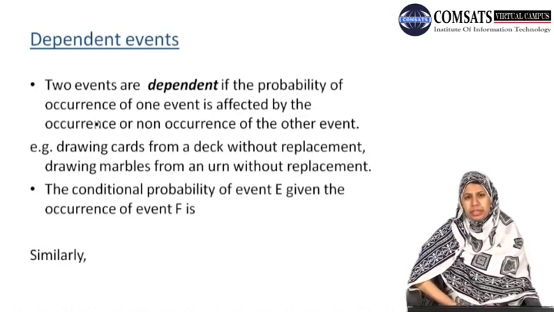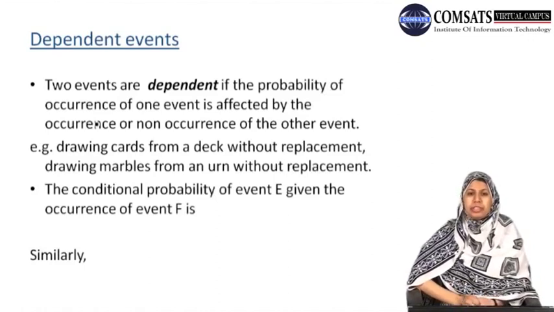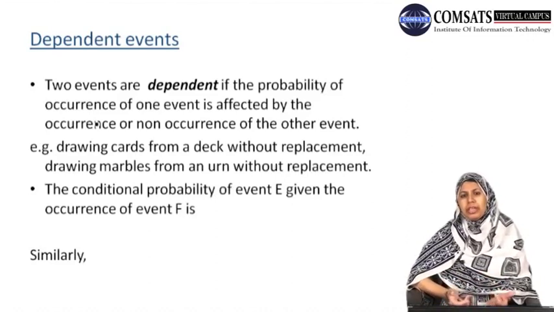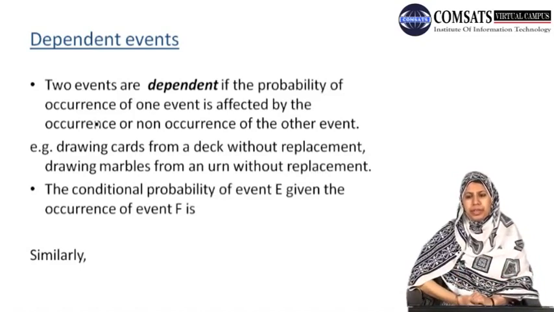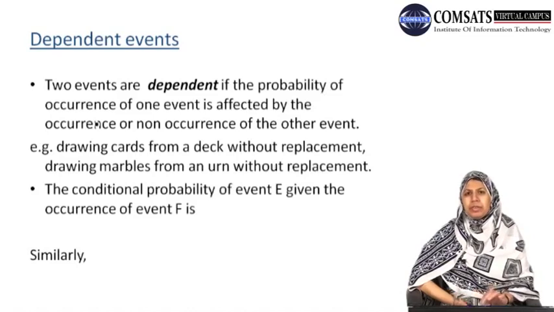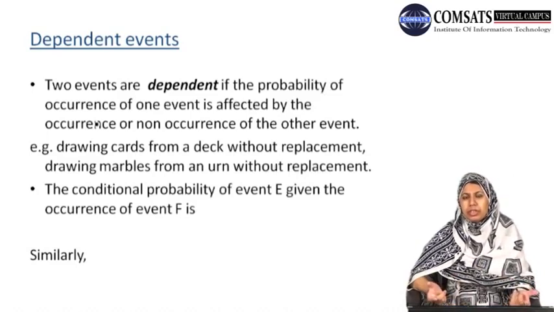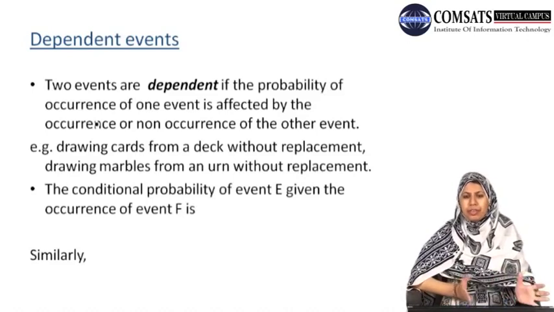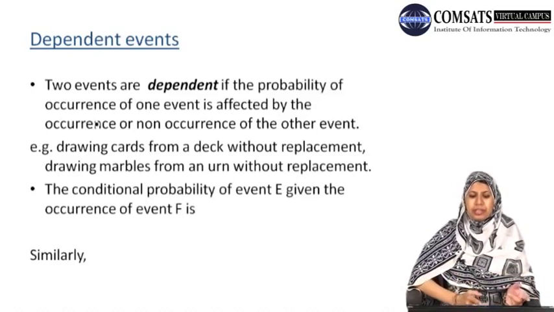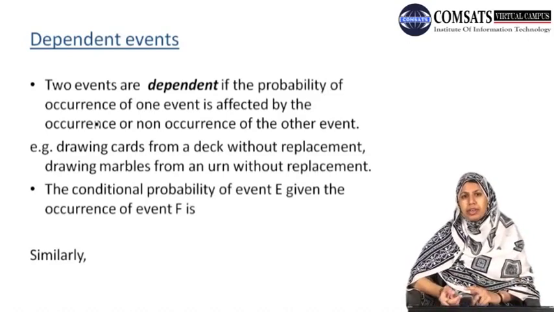Considering the example of drawing marbles from an urn, which we have seen in our last lecture, let's suppose we have 4 marbles in an urn, and we are asked to draw the marbles 2 times without replacement, which means that at the first time the probability of obtaining any marble is 1 by 4. That is, we are given 4 marbles, we can pick any marble from the urn. But without replacement means that we will not put that marble back into the urn. So to draw the marble a second time from the urn, we are left with 3 marbles, which means that the event that the first marble is drawn from the urn affects the probability of the second event.